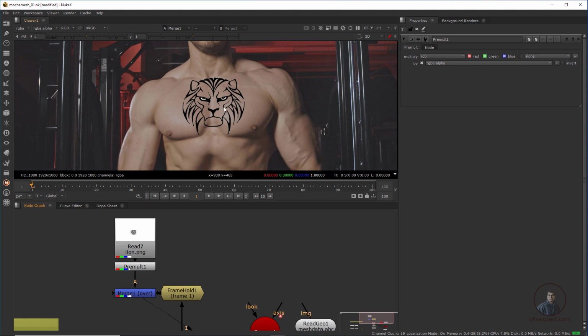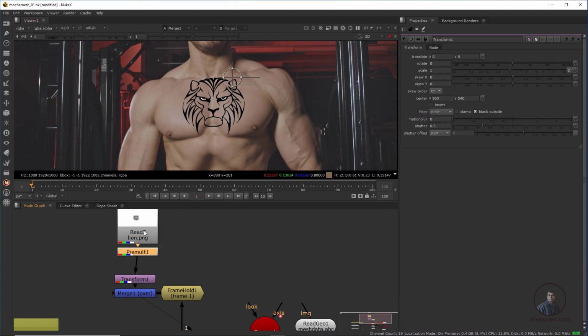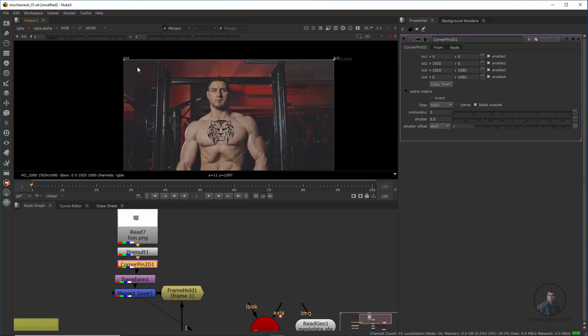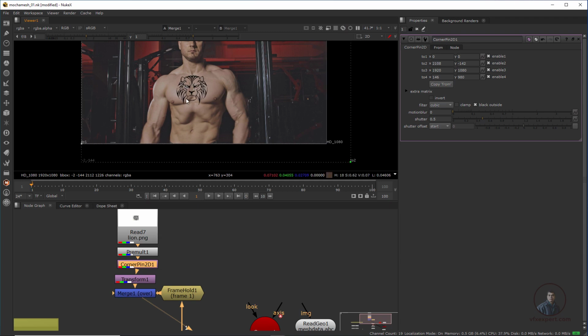After this, if you want to change anything here, you can take transform, maybe T, and adjust, maybe scale, all these things, whatever you want. And if you want to change the perspective of your image, or place your image according to this perspective, you can also take corner pinning. Select this one, before transform. Press tab, maybe corner pin. So I have put corner pinning here. Now just double click here and you can adjust your points like this. So you can easily create whatever perspective you want. Okay, so easily you can see.